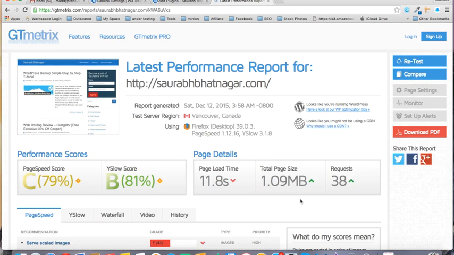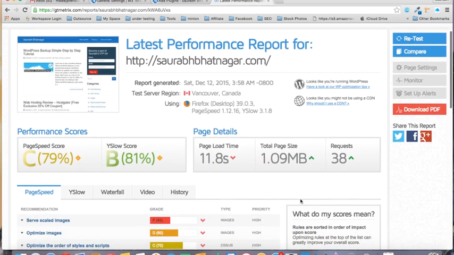So over here, as you can see, the page speed score has improved. Earlier it was E and right now it is C, and the YSlow score has actually turned green, so now it is 81%.